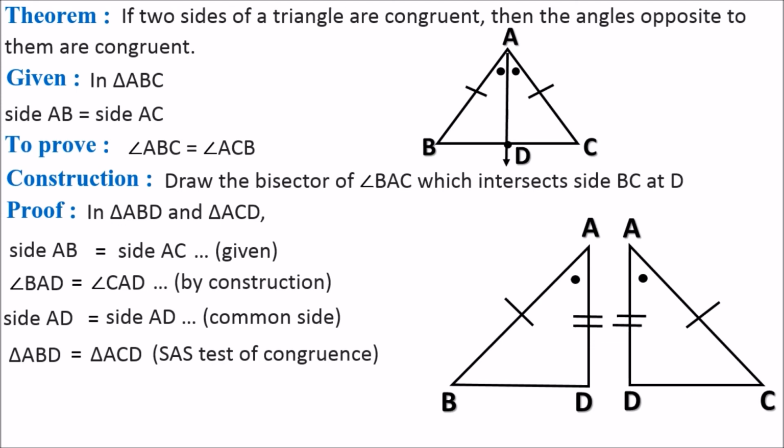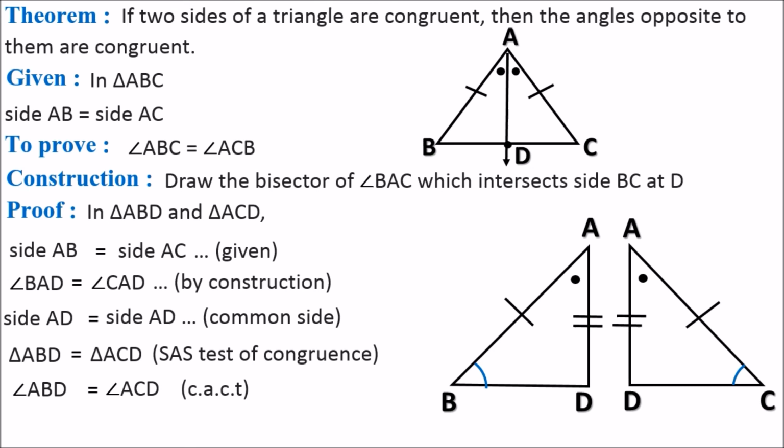And we know that if two triangles are equal, then their remaining parts will also be equal. So in the remaining parts we will take angle ABD equals angle ACD. So here we will write angle ABD equals angle ACD. Why are these two angles equal? Because they are corresponding angles of congruent triangles, that is CACT. The full form of CACT is corresponding angles of congruent triangles.